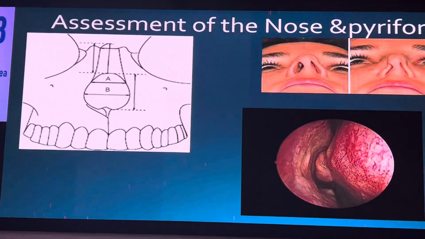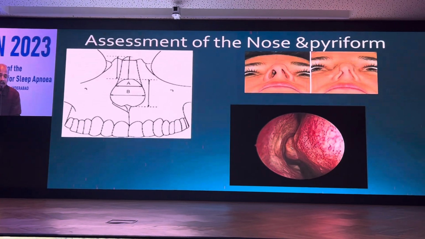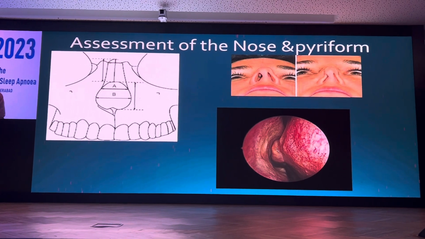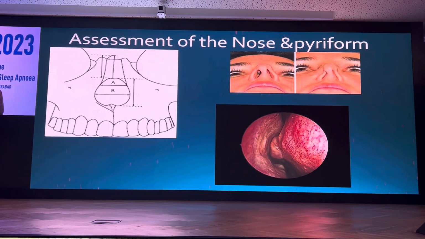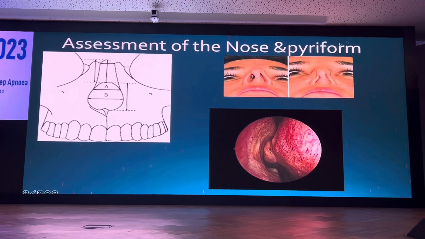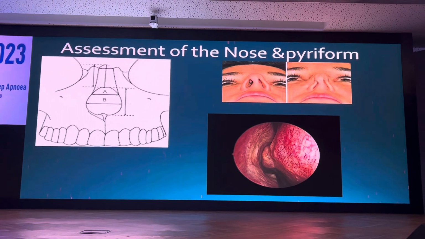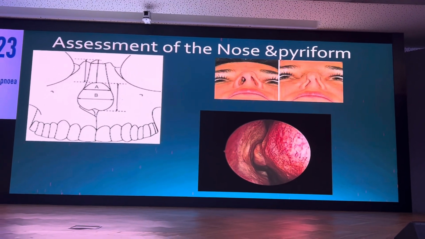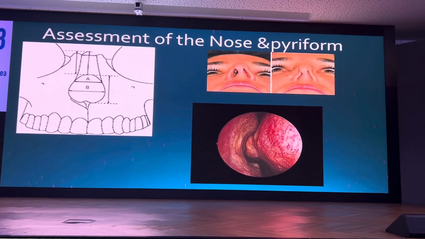Another thing which we tend to miss out is assessing the transverse diameter of the piriform aperture. There is a very famous saying, form follows function. So if the kid is breathing through the mouth, he is going to end up having a high arch palate. This is going to decrease the transverse diameter of the nasal aperture, piriform aperture, sorry. So when this happens, even if, say for example, the patient has a DNS and you do a great septoplasty or turbinoplasty, the results are not going to be optimal.